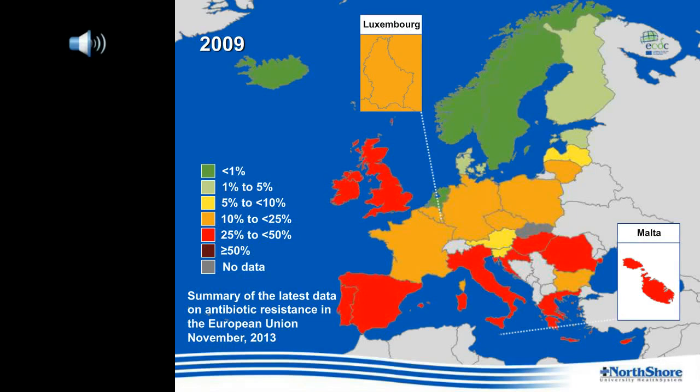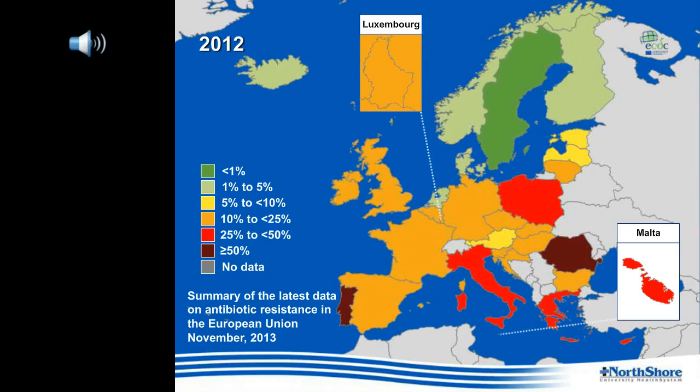And you'll see the same thing in Europe. So this is data from the European website in the European Union, published from 2009 data. And we'll look at the next slide, and you'll see that some of the countries have gotten better and some have gotten worse. So I do think that in reading the literature, it will be somewhat heterogeneous, but clearly there's a lot to do. And here's the 2012 data from Europe, again showing some countries have improved their situation regarding MRSA and some have not.